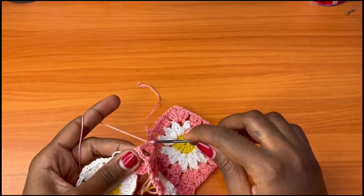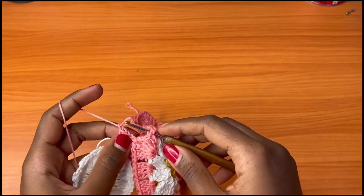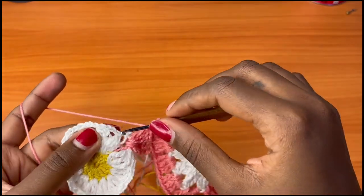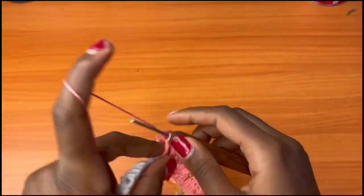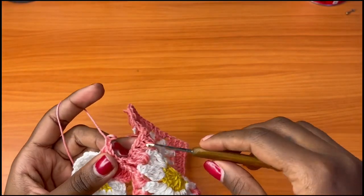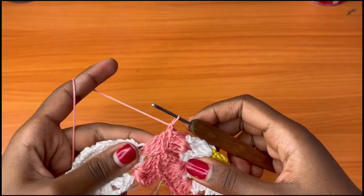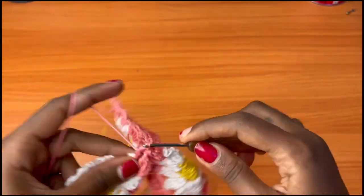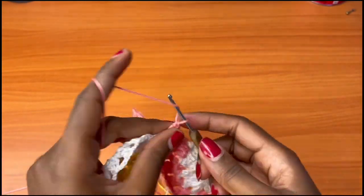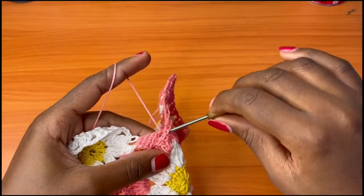Okay, then you're going to chain 1, remove your hook, go into the next chain 1 space, pull this loop through, chain 1 more, and then into the next chain 3 space you're going to go in there with 3 double crochets, chain 1, remove your hook, insert your hook into the next chain 1 space, pull through that loop, chain 1 more, 3 double crochets into the next chain 3 space,